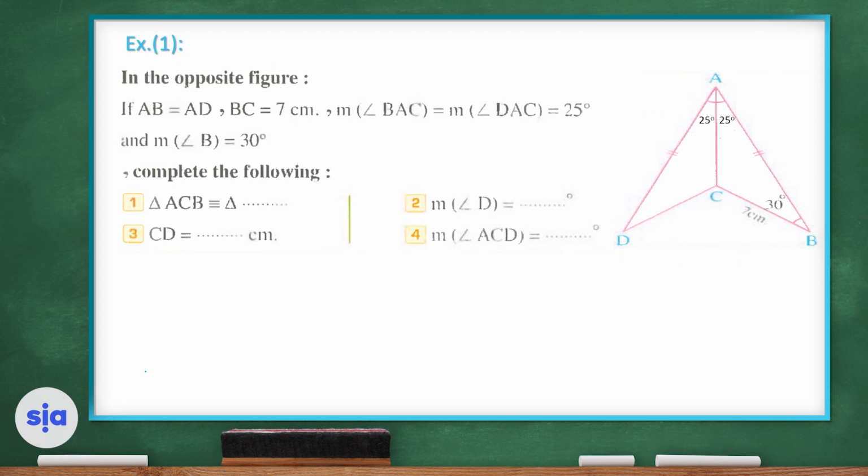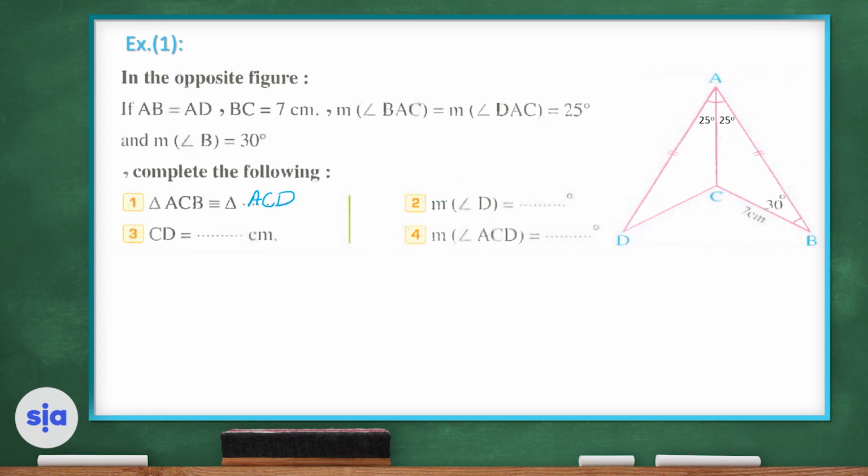Let's go to exercise number 1. In the opposite figure, if AB is equal to AD and BC is 7 centimeters long, and the measure of angle BAC is equal to the measure of angle DAC, and each of them is 25 degrees, and the measure of angle B is 30 degrees, let's complete each of the following. Triangle ACB is congruent to triangle what? Excellent. It's congruent to triangle